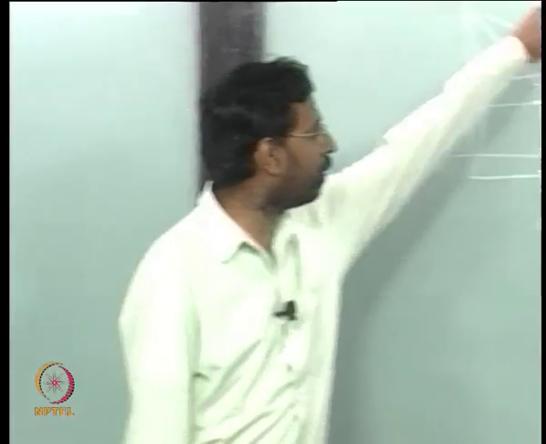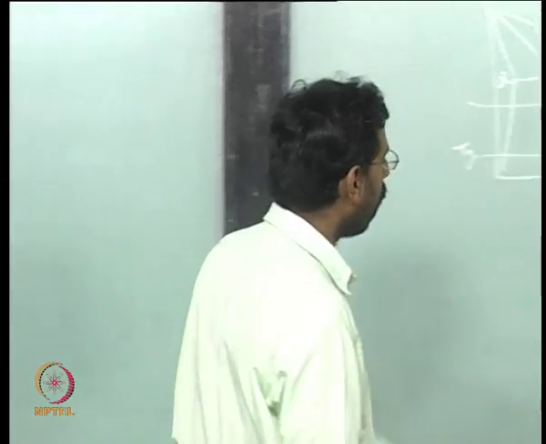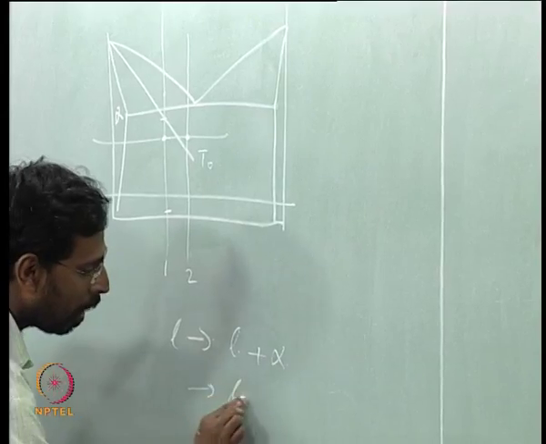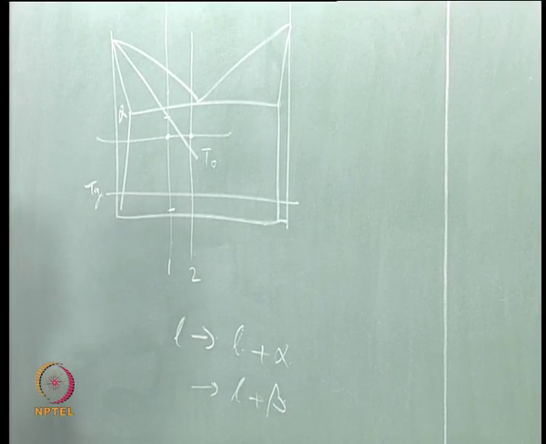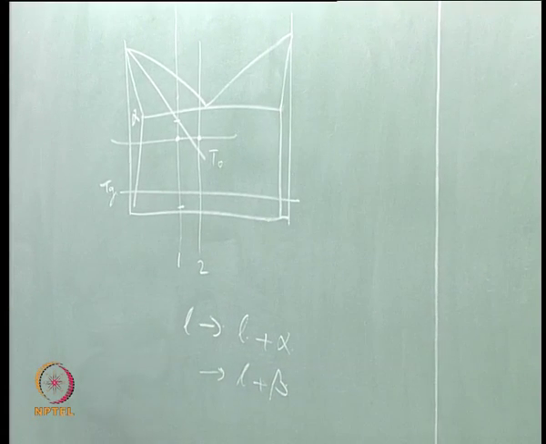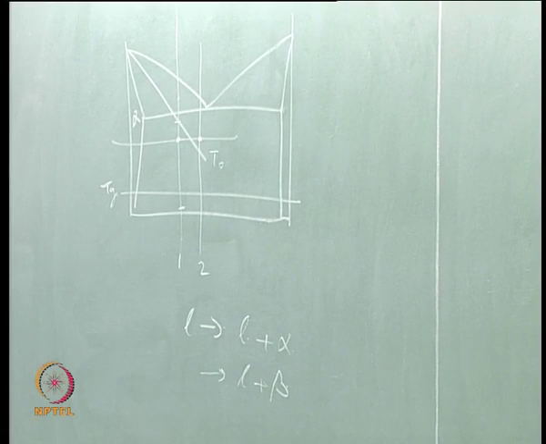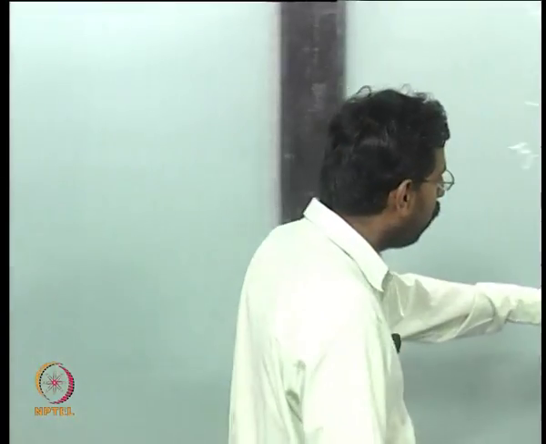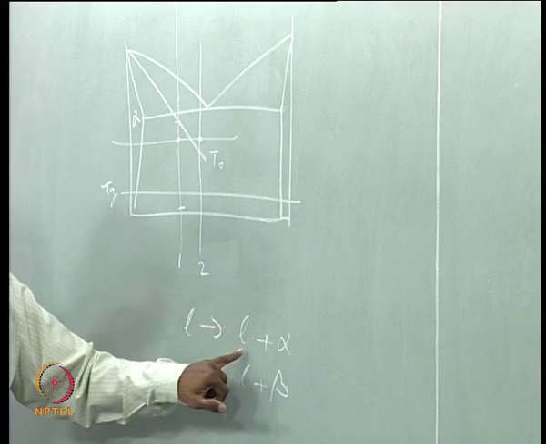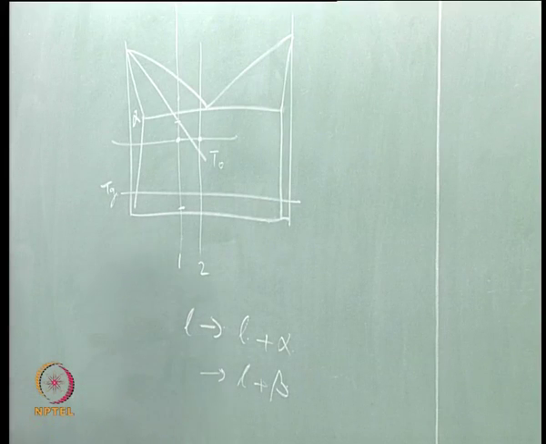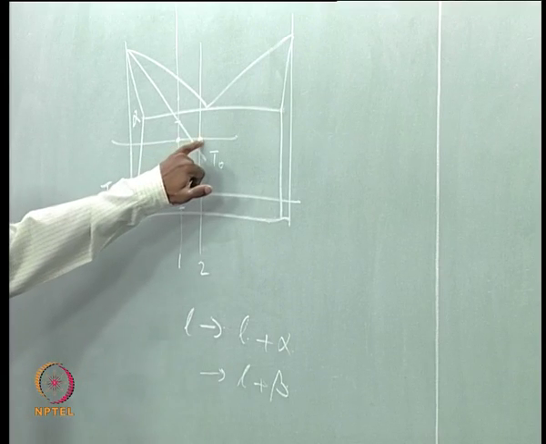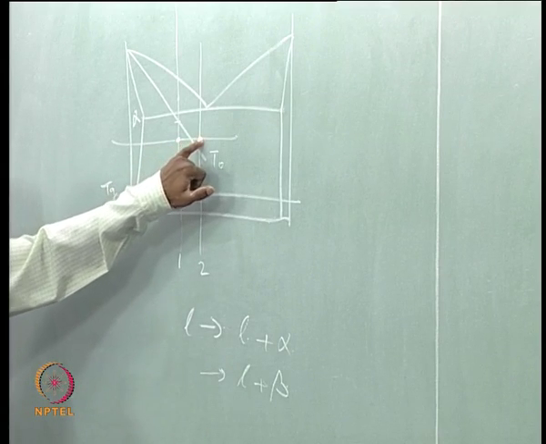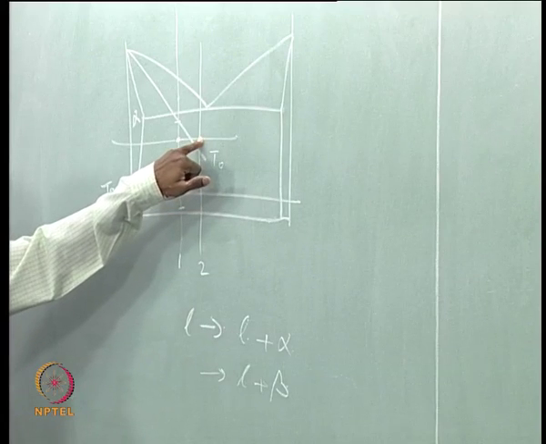At this temperature, once I bring this liquid, it has to give you liquid plus solid, either liquid plus alpha or liquid plus beta, depending on the situation and depending on which side of the phase diagram you are. And now which will be the composition of that alpha, which will be the composition of liquid, how will I know? At that temperature, I have brought this liquid to this temperature. At this temperature it has no solution but to